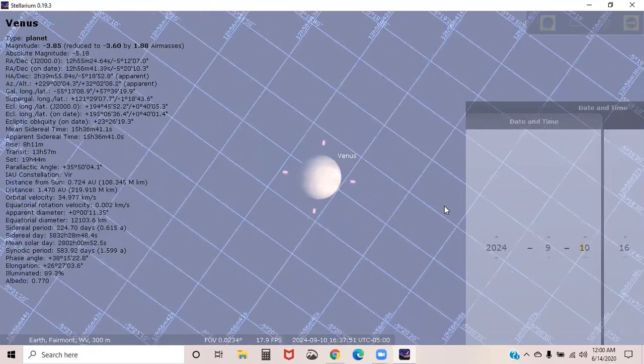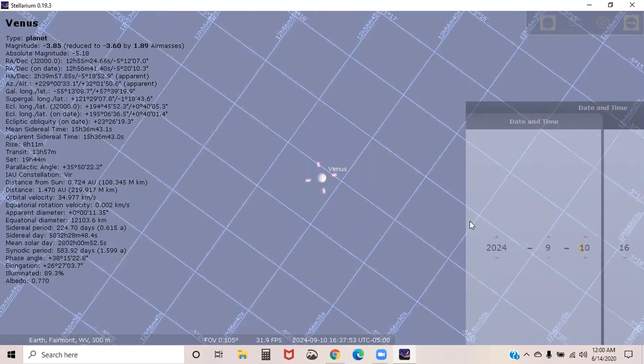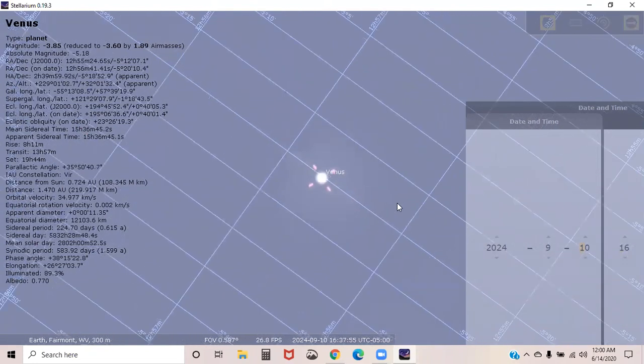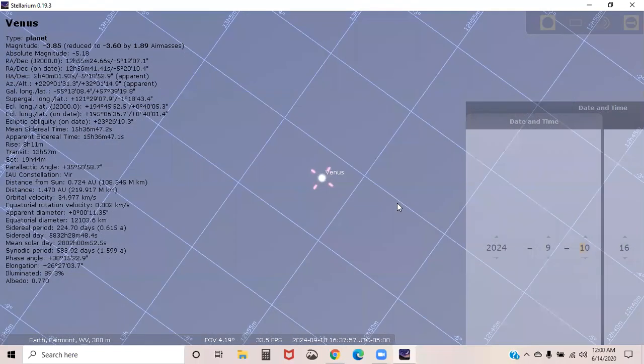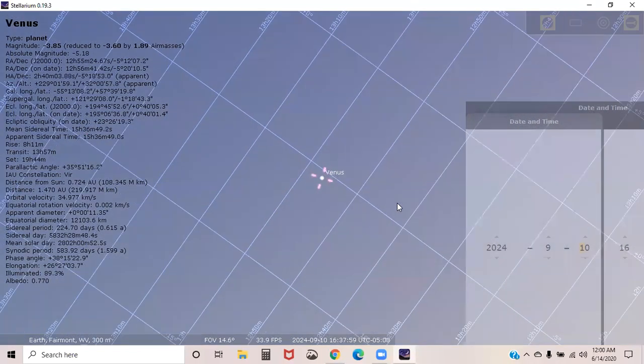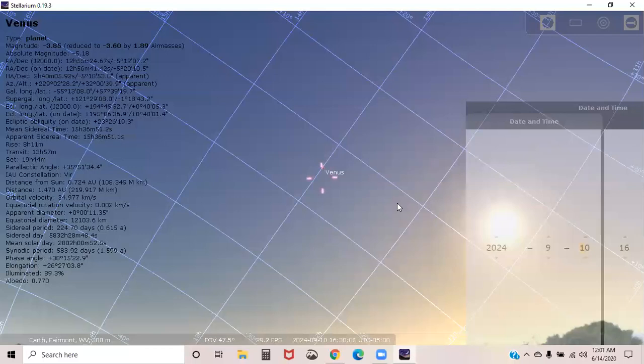And so as we continue to do this, it's going to get thinner and thinner and thinner. And so this order in which the moon phases take place is different. When the moon is on this side of the sun, it actually is getting brighter, becoming fuller, whereas when Venus is on this side of the sun, it's getting darker,